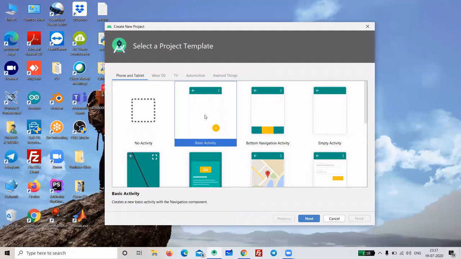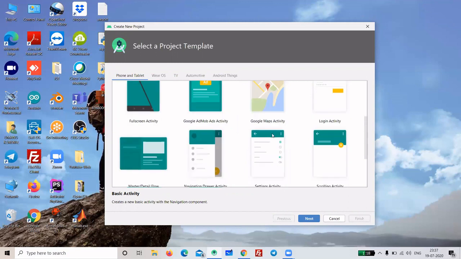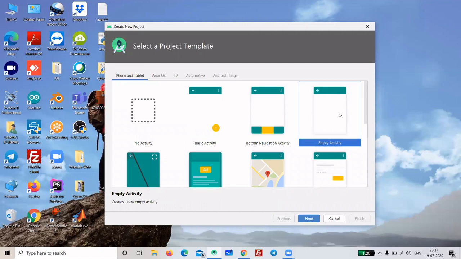Now this one will have some basic coding of the activity with some basic features. Right now we'll not go to different templates. We'll take the basic one, that is an empty activity. In the empty activity, there will be only one activity without extra features. I'll be using this because I want this series from scratch, so that even if you don't have any knowledge about Android, you can also learn this. I will be making all the videos from scratch, totally for beginners. So I'll select empty activity and then click on next.